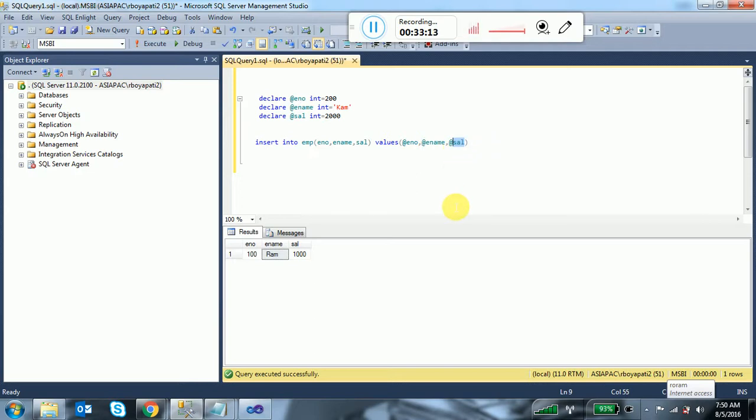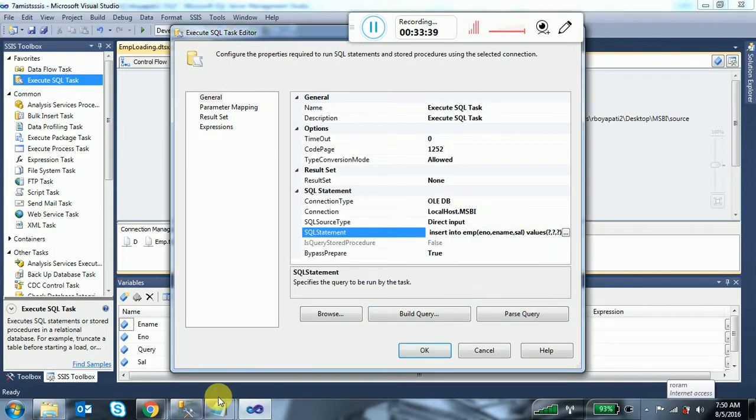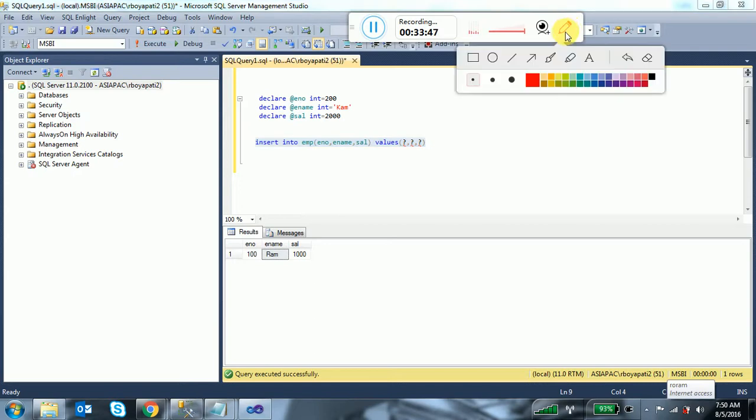Okay, fine. So you have declared three variables and you have written a statement, but how does the Execute SQL Task know whether this question mark is going to insert this value, and how the second question mark is going to insert the employee name? If you observe, the order of these question marks is 0, 1 and 2.